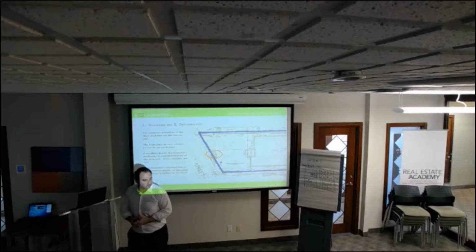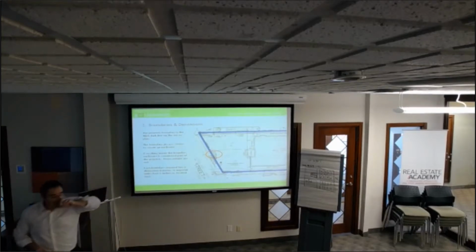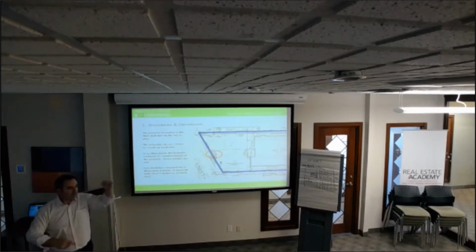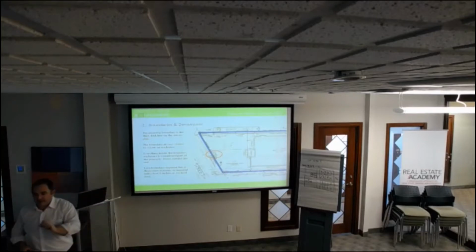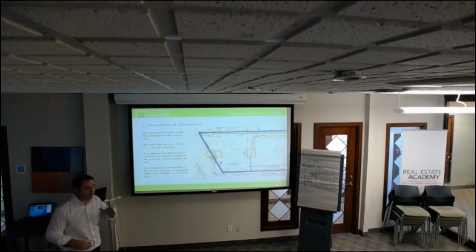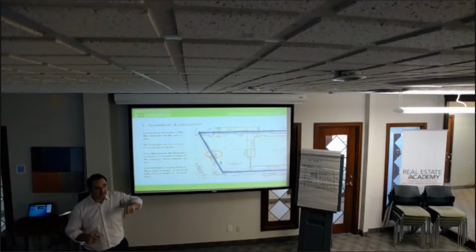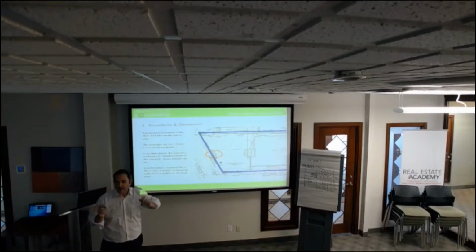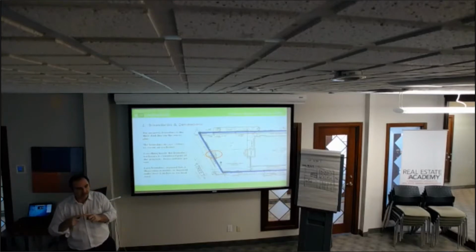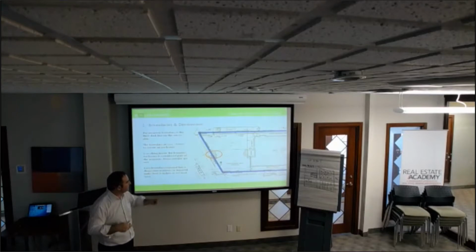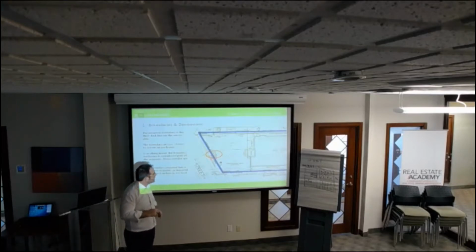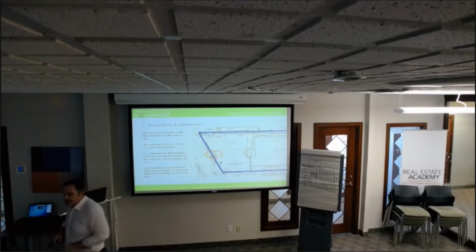Okay? So the next thing you do is you're going to highlight the boundary. You found your monuments, you highlight the boundary of the property. It's always the thick dark line, and it's the line that has all the big measurements on it. In this case, first of all, a boundary always has to close. It can't be an open-ended boundary. It always has to come around. However many sides there are, it always has to come back to the beginning. The second thing is that every boundary has a measurement on it, a dimension. And in this case, you're looking at